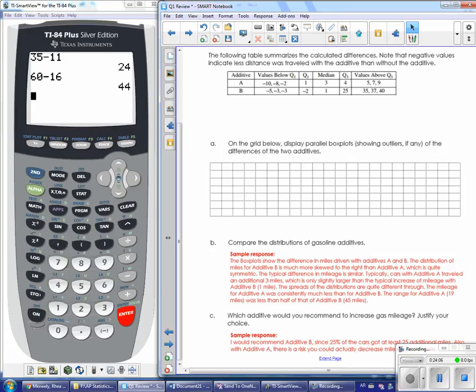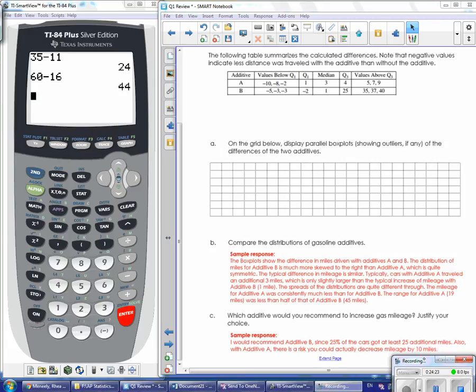Typically, cars with additive A traveled an additional 3 miles, which is only slightly larger than the typical increase of mileage with additive B, which is only 1 mile. The spreads of the distributions are quite different, though. The mileage for additive A was consistently much less variable than for additive B. The range for additive A, which was 19 miles, was less than half of that of additive B, which was